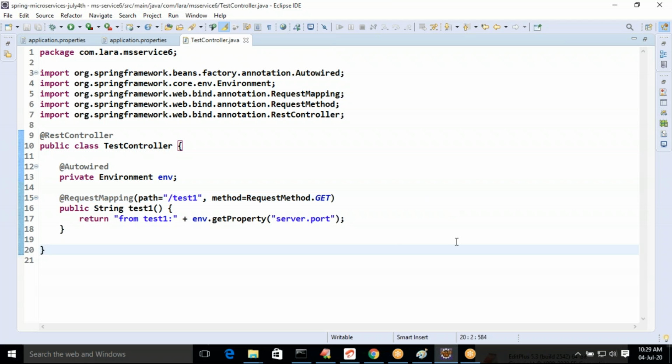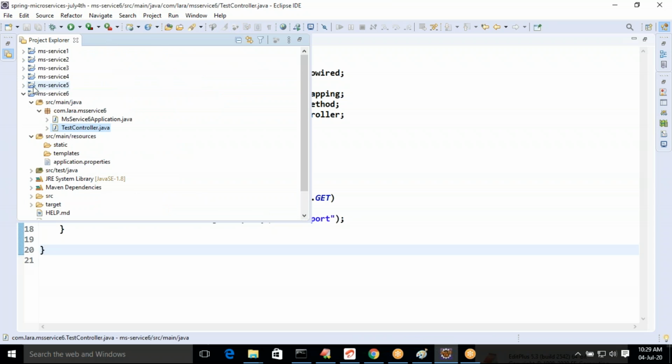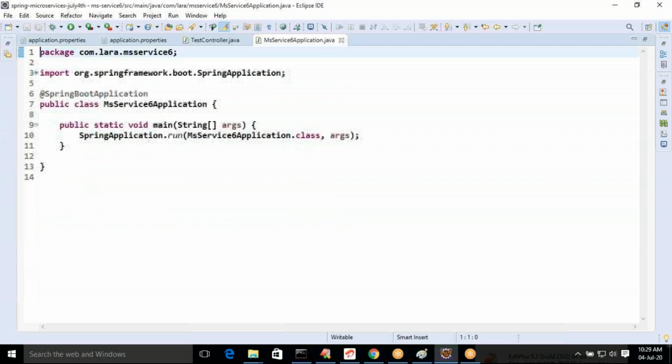Let us run this one. Let us run MS Service 6. Go to the application class and try to run.